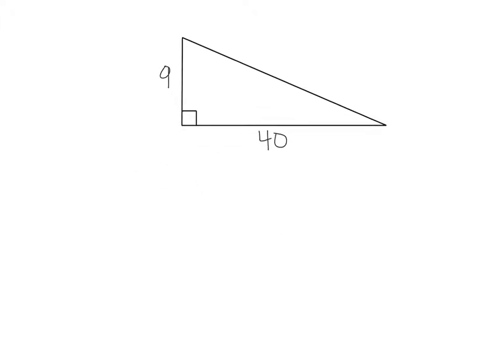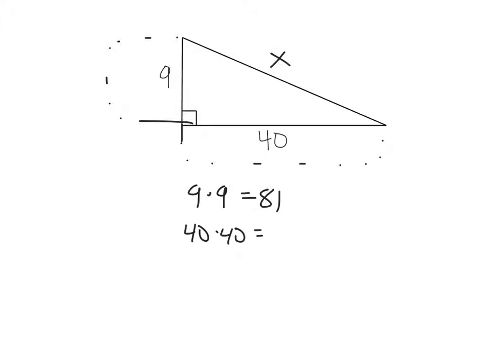Alright, here we go. I'm going to mark my missing side as x, and I'm going to find the area of my 2 small squares. Here's that first square, here's that second square. 9 times 9 is 81. 40 times 40 is, let's see, I need a calculator, because this is a little bit too hard for poor Mr. Davis to do in his head. It is